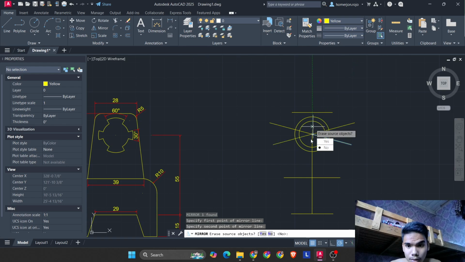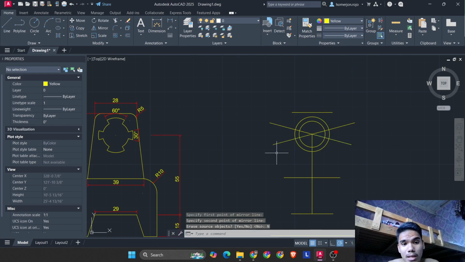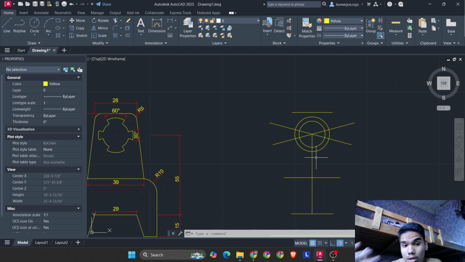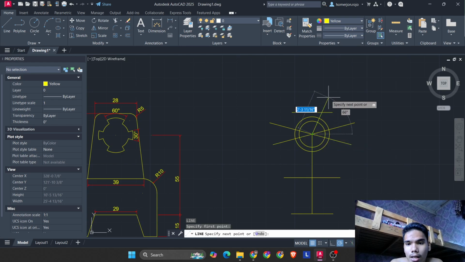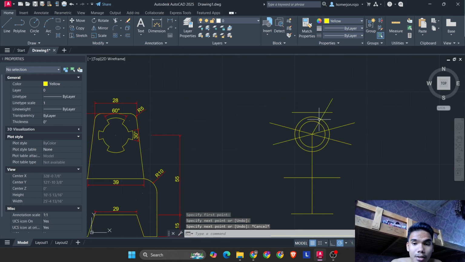Because 15 plus 15 is 30, I don't know if there's a shortcut, so it's done manually. For this part right here, it should be at a 60 angle, because this is a 90-degree angle.